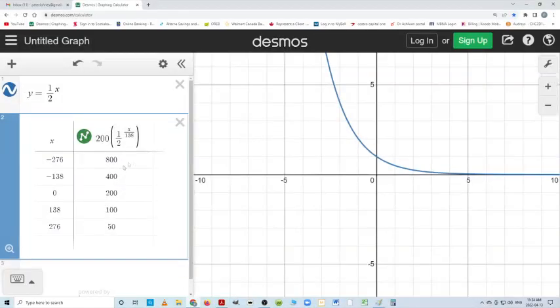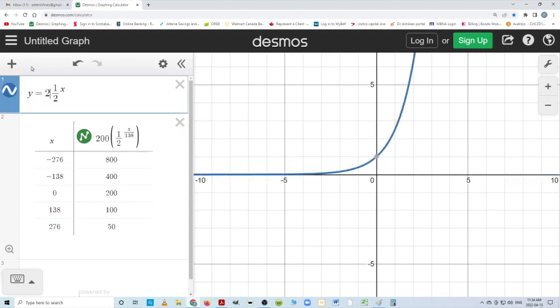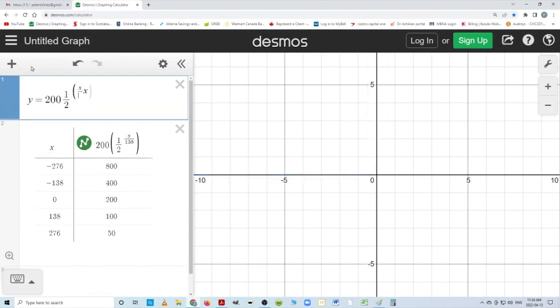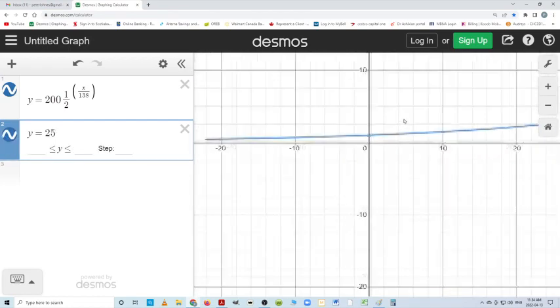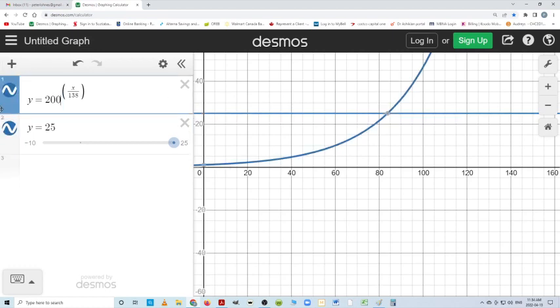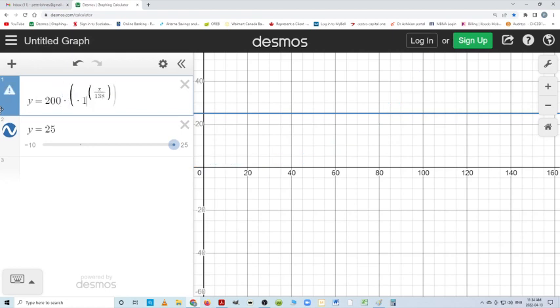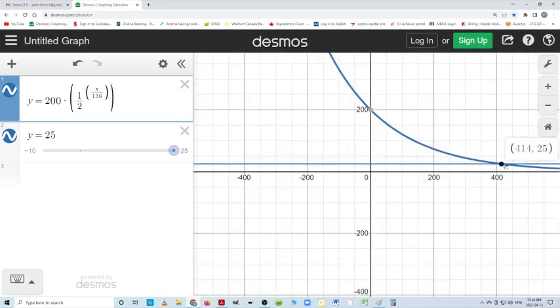Going back to that, if you were asked, okay, when is my radioactive material, which by the way, I'm going to rewrite it here now properly. When does my radioactive material equal 50, or let's say 25? You can put y equal to 25 and find where it crosses, and it'll tell you the x value of when this radioactive material, and by the way, it didn't do it properly, I don't think. No, it didn't. I got to put this half in here like that. There we go. And I discover that it'll take 414